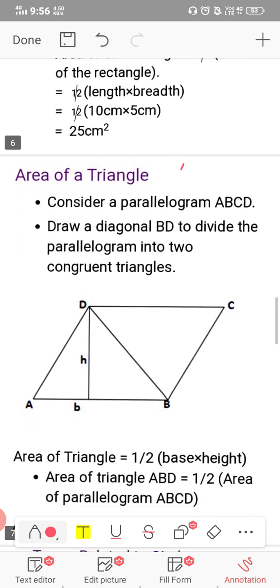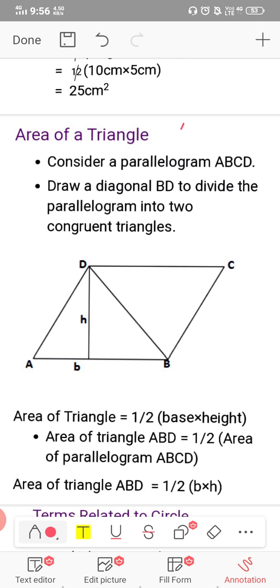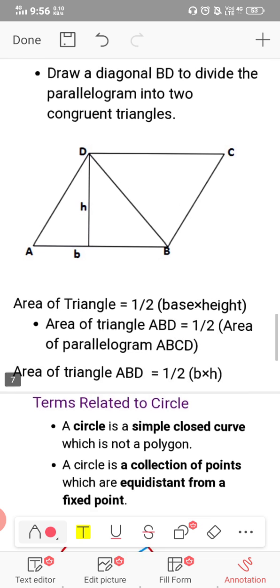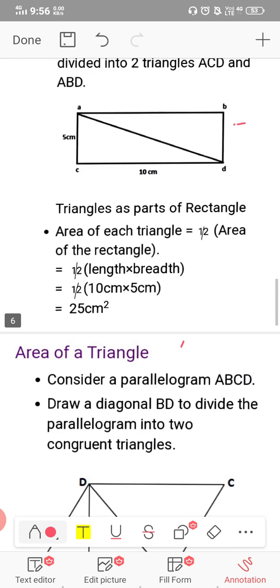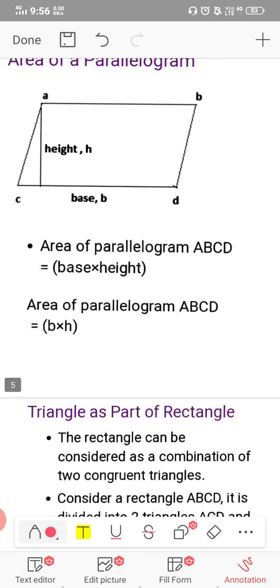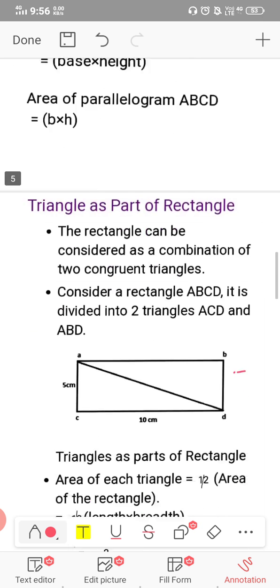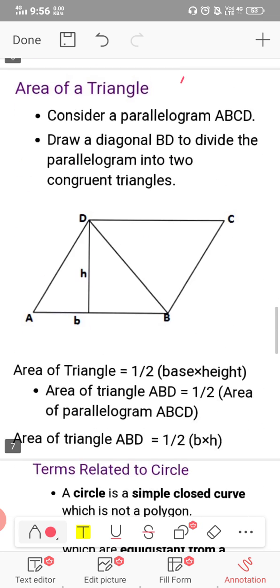Now moving on to the next part, it is the area of a triangle. What is the area of a triangle? So the area of a triangle is half of base into height. The area of a parallelogram, we read, is b into h, base into height, but the area of a triangle is half of base into height. Means suppose you have a